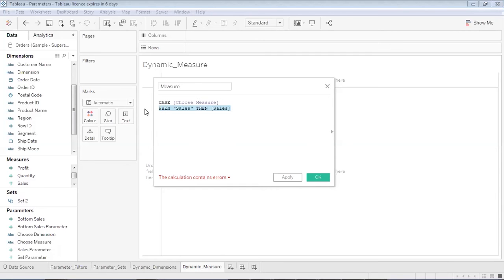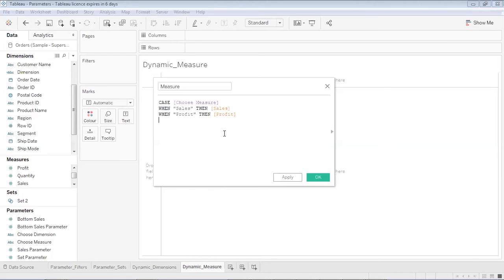Then when I choose the option Profit from my Choose Measure parameter control, please make sure that from the data source you give the Profit column values.